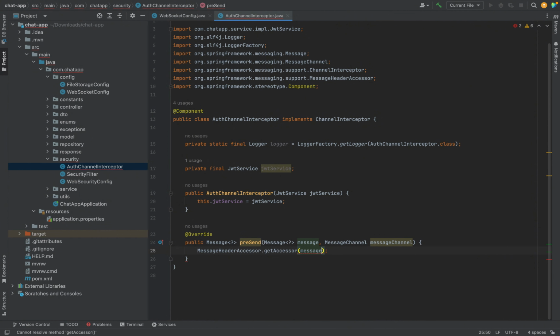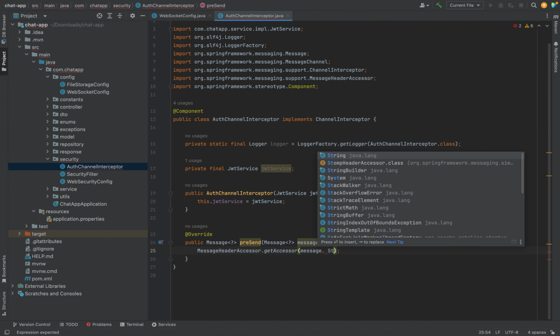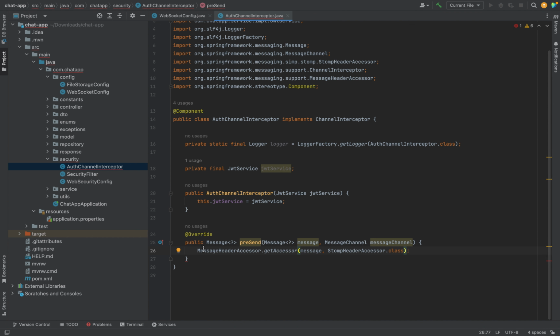We are going to pass in the message, and then we are going to pass in StompHeaderAccessor.class. This is going to return the StompHeaderAccessor. So we want to say if accessor is equal to null,